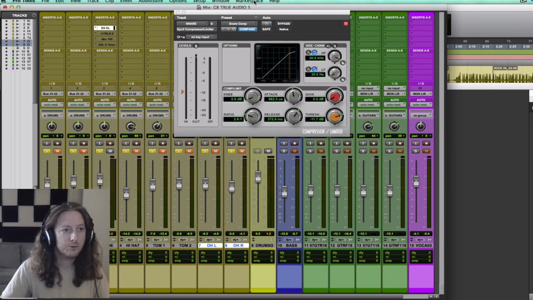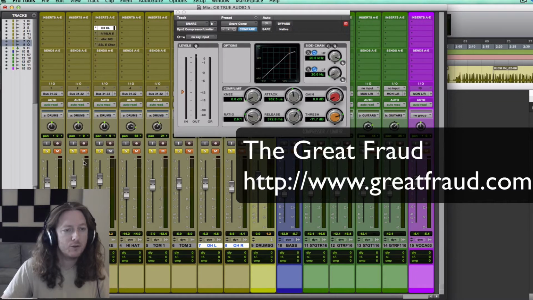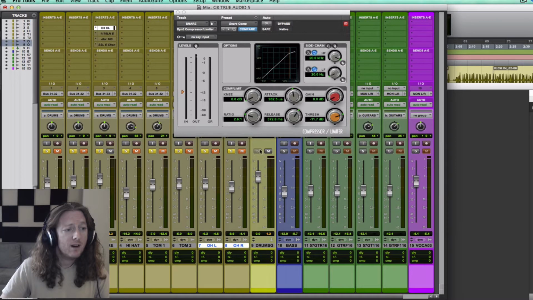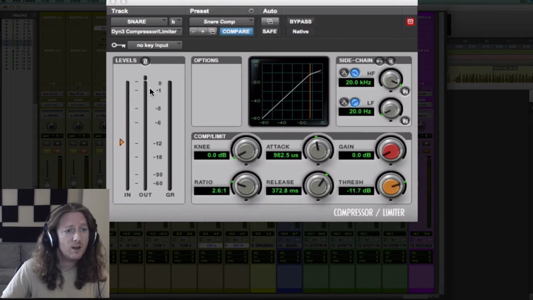Alright, here we are in Pro Tools, and I have a session up by the band The Great Fraud. They're a great blues rock band from New Jersey. I'll put their information up on the screen. You can check them out. I have the drums up here, and I have the snare soloed. We're going to listen to the snare. This is the standard compressor that comes with Pro Tools, and we're going to take a look at the basic controls, which are right here. Most compressors have these basic controls. I will show you a couple other compressors that do not have these basic controls. So the first